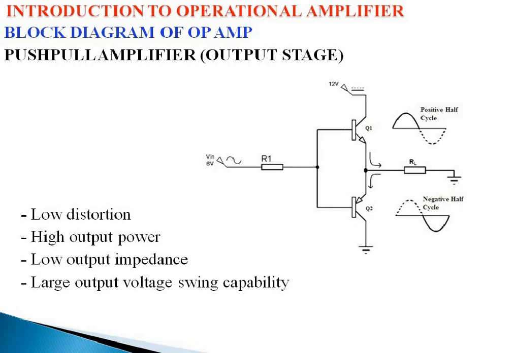We have seen in the input stage, the circuit which is having a high input impedance, so there we prefer differential amplifiers. For further increase in the voltage gain, we use one more differential amplifier. Then the output of a differential amplifier will be having some DC components, that is, output will be above the ground level. So to bring it back to the ground level, we use a level shifting stage. Then the output stage should be a circuit having low output impedance and less distortion, that is satisfied by the push-pull amplifier. So we use push-pull amplifier in the output stage. So this is the block diagram of op-amp.